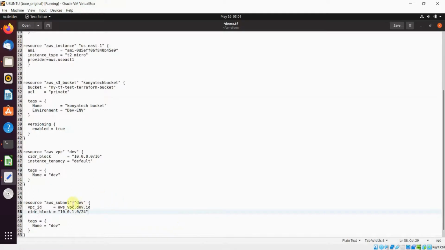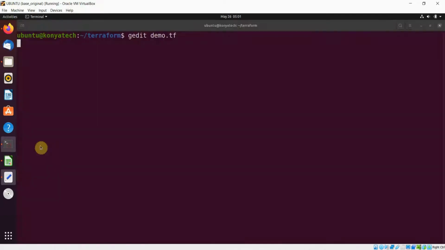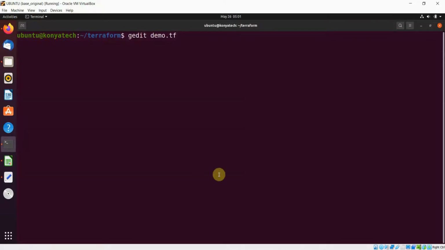So we can change the name as per our requirements. So the name is dev sub. Okay, these are the name conventions. You can give any name, no issue. Copy, modification done. So just save this and go to our terminal